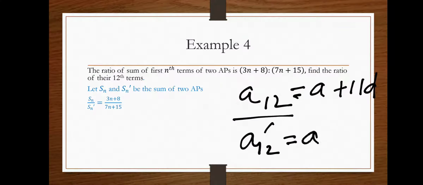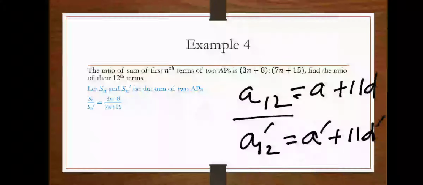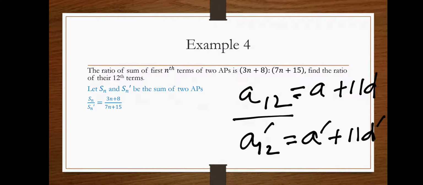Here also, if I am writing it as A dash, so it is A dash plus 11D dash. Two different APs, so I have to take two different variables. Now you see the number associated here with D. Here it is 11, right? Now to ensure I get this 11 here, all I need to do is